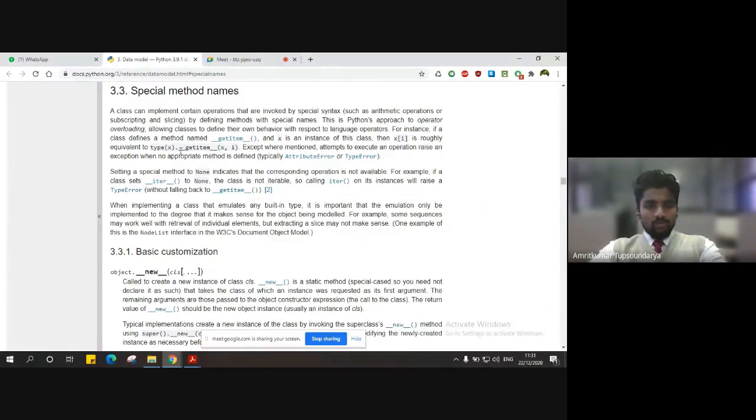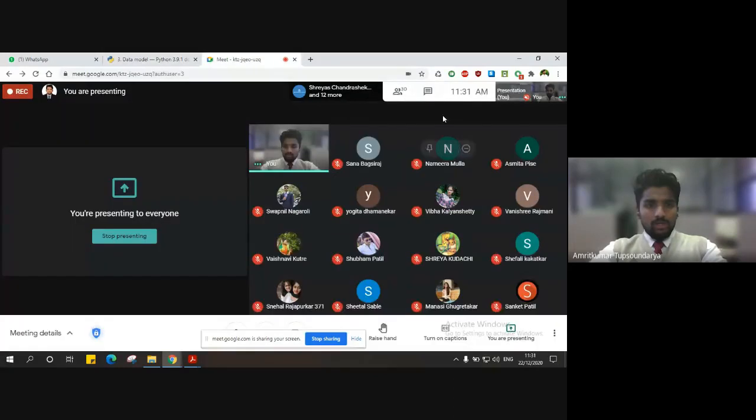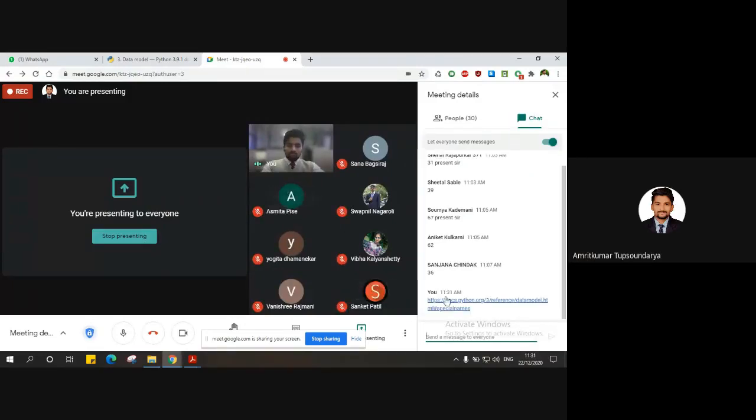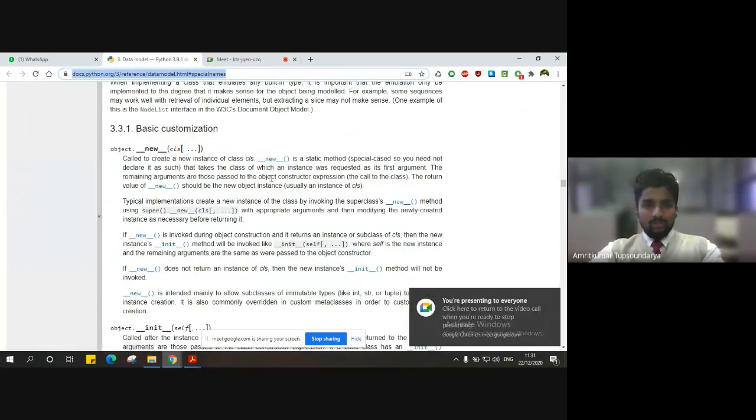You can visit this, I'll put this into the chat box. If you want to make use of these methods, try them out using different objects. You can try it out.